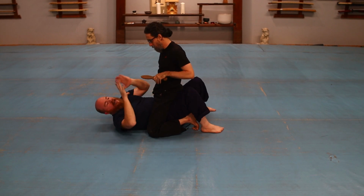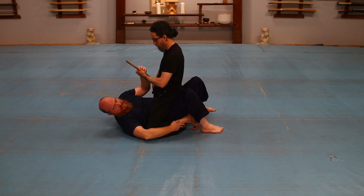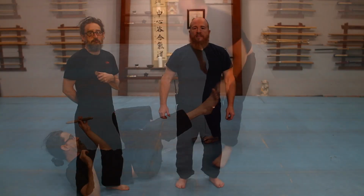Now once I have control of this hand, I'm going to try and knock him that way. And I'm going to do it by covering this leg so he can't sit it out. And then I'm going to up my hips as high as I can, and I'm going to pop him over. And that's what we're looking for. All right, so